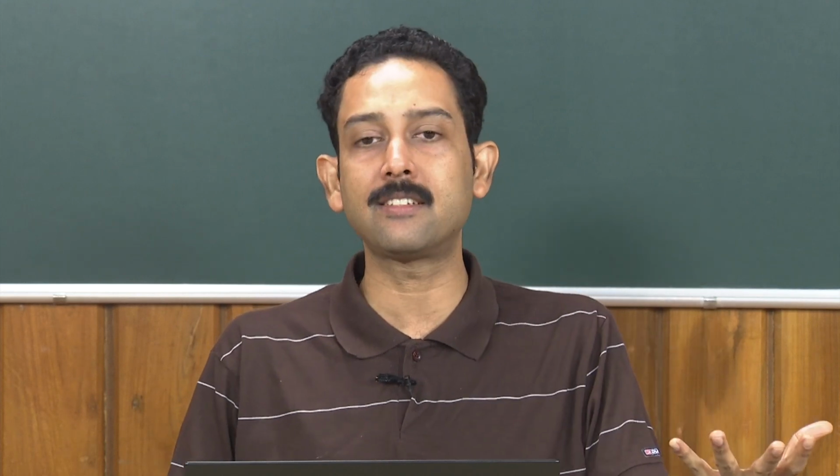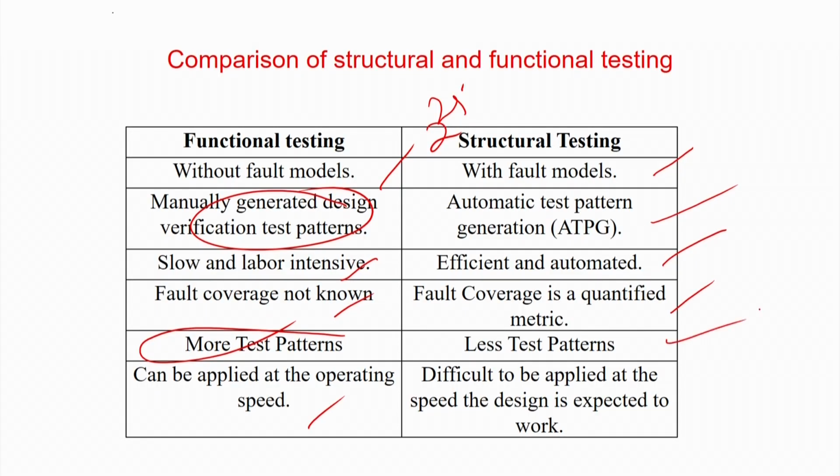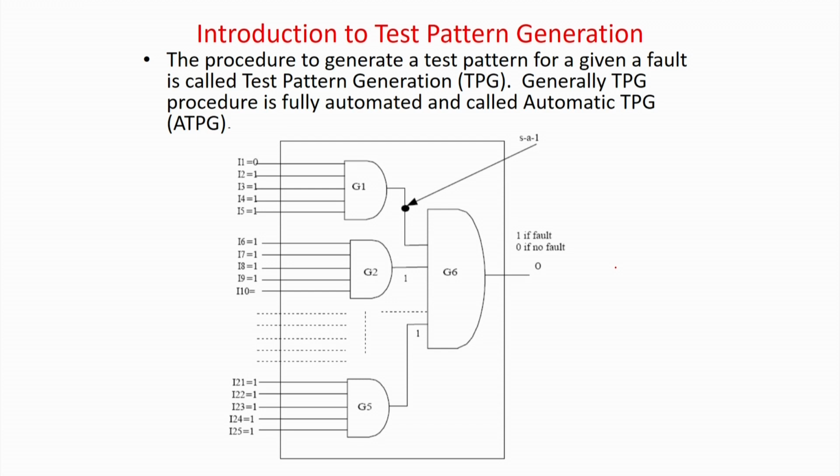But here I can tell that I have tested the circuit with 100% coverage for stuck-at faults, and we know that if somebody has done such a testing with 100% coverage for stuck-at faults, the accuracy is 99.9 plus. So, you know that if I am selling 1 million chips, very few of them will be wrongly binned. So, this assurance is given to the customer. Fewer test patterns, and these are the points we will see later. So, this is the advantage of structural testing with fault models.